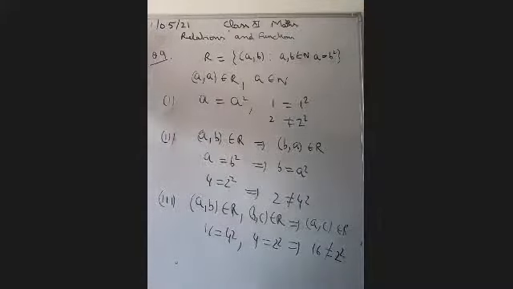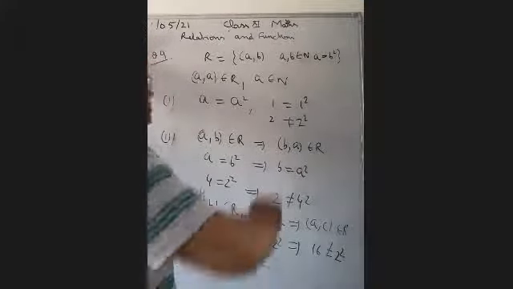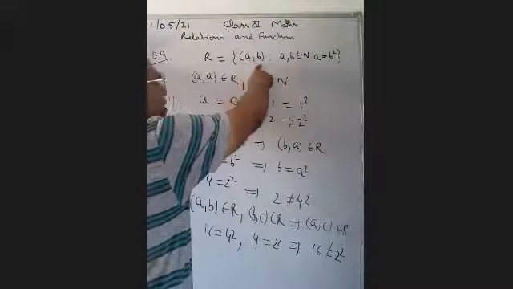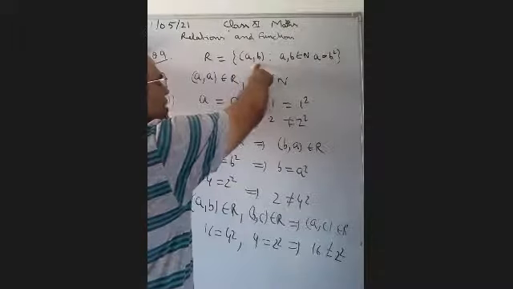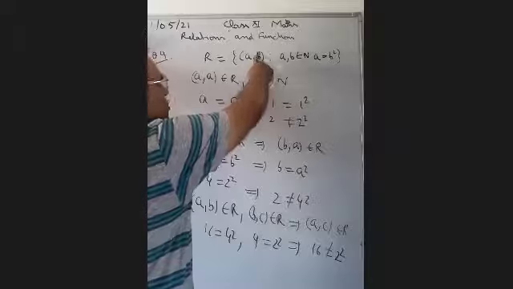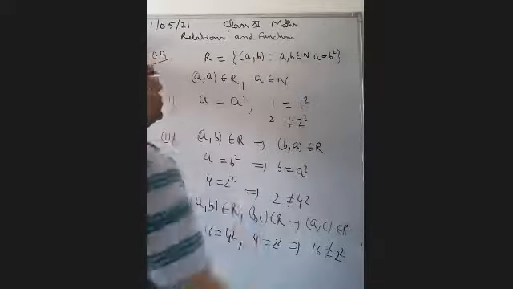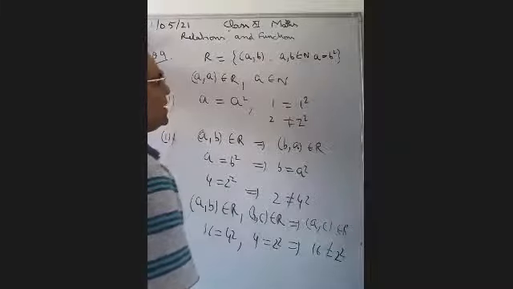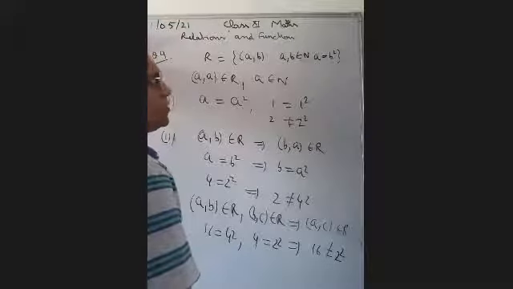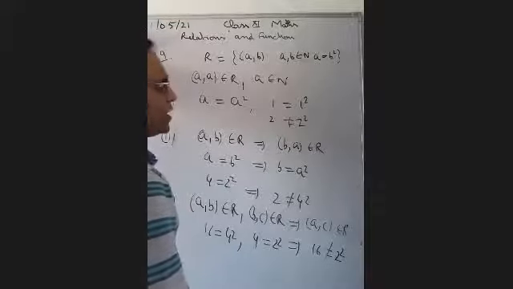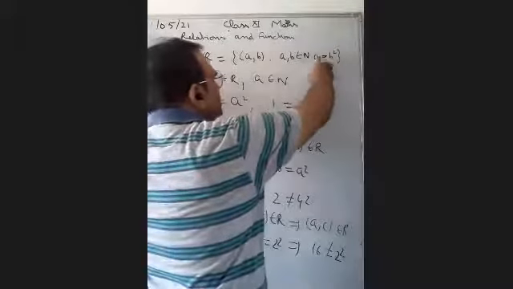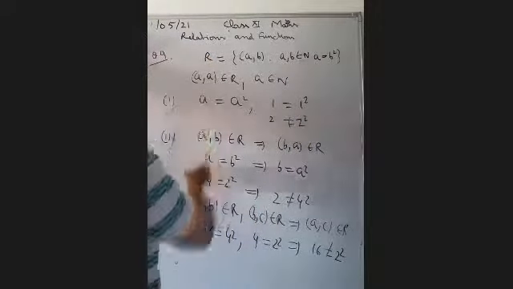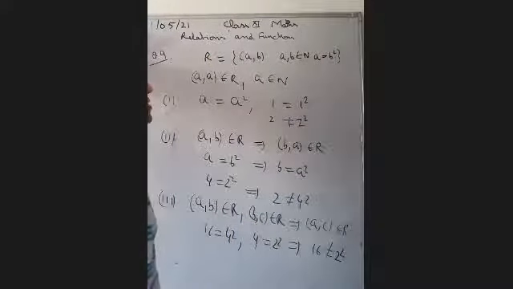What they are saying, just see again, they have made some rule. If AB belongs to R, we are taking two numbers in an ordered pair, the square of the second number should be equal to the first number. We can take any such number. Suppose we take 9, 9 is equal to 3 square. We take 25, that 25 is equal to 5 square. So this kind of relation we have to check, and the given condition follows it. They have given different conditions in different parts.